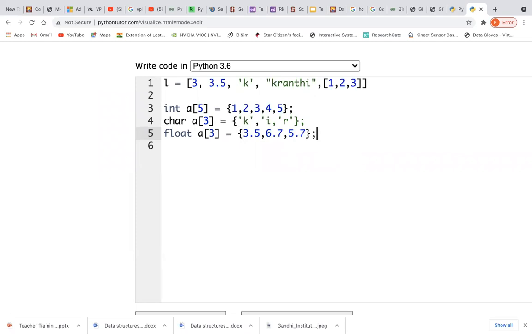So that is the reason why I say arrays are homogeneous in non-primitive data structures, and lists are heterogeneous. Other types of lists that you can find in Java are vector and array list. I think you can have these things be heterogeneous, but arrays are strictly homogeneous, and they accept only elements belonging to the same data type.